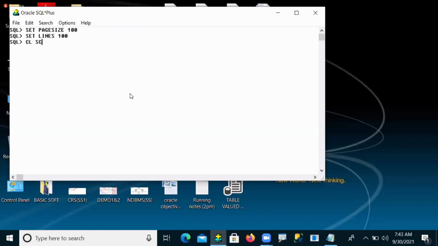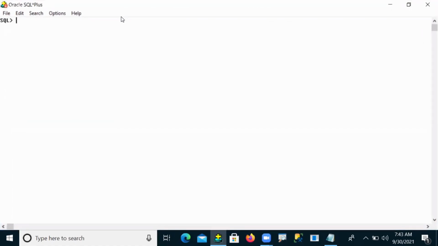Okay, so now we connected here, fine. After connected, now let me call your tab list. Okay, so now see what I did here. I created a table, and after creating the table, I'm going to disconnect from my Oracle connectivity. After disconnecting, again I'm going to connect to my Oracle database, and now I can see.